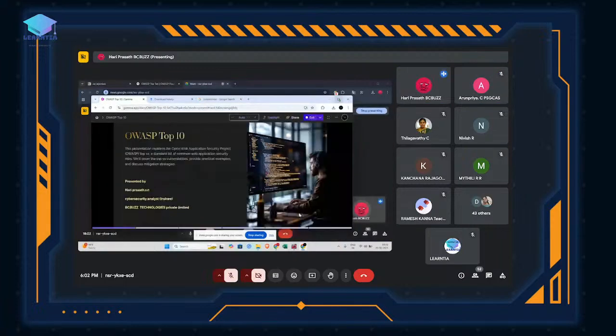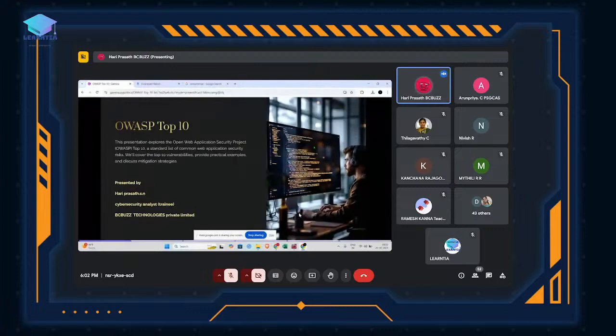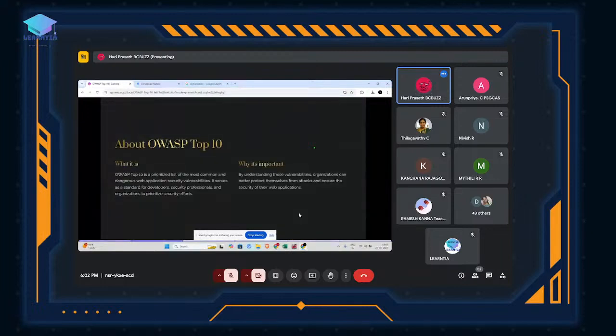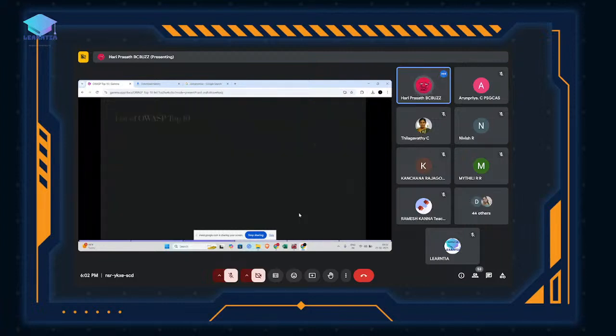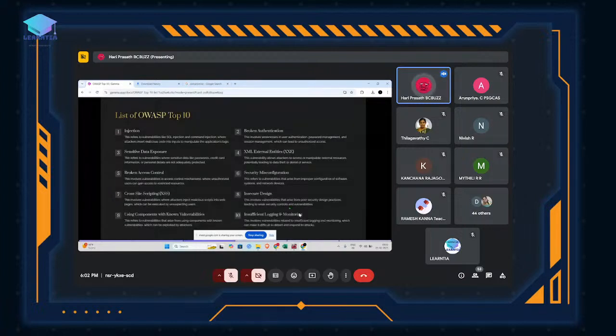Let's move on to the topic. Previously, I have told about the OWASP Top 10s. So it's a basic standard for pen testing. It comes under the pen testing standards. It has several topics under the Top 10 attacks. The first one is injection attack. Most of the web apps